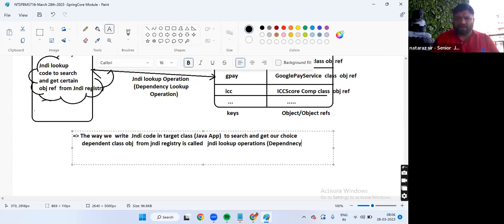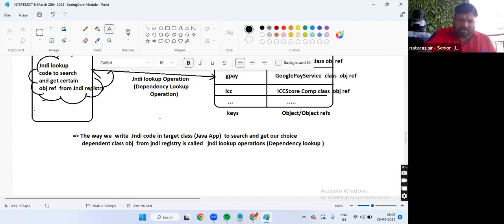Indirectly, what? Dependency lookup, guys. Everyone understanding my statement, boss?